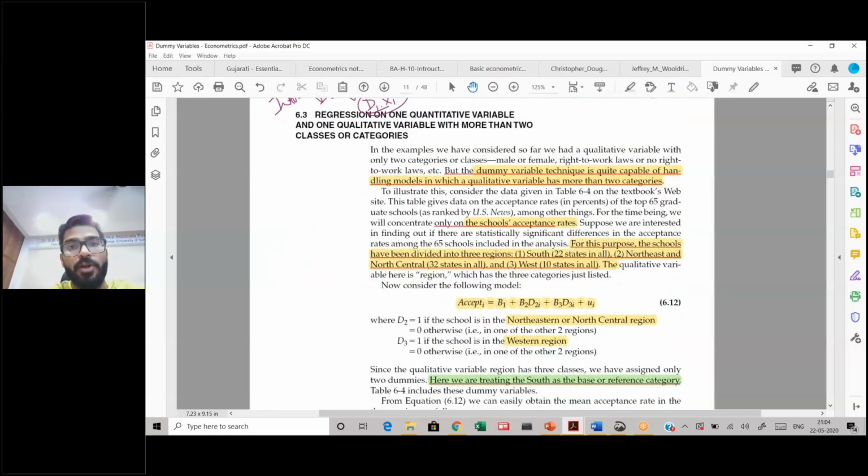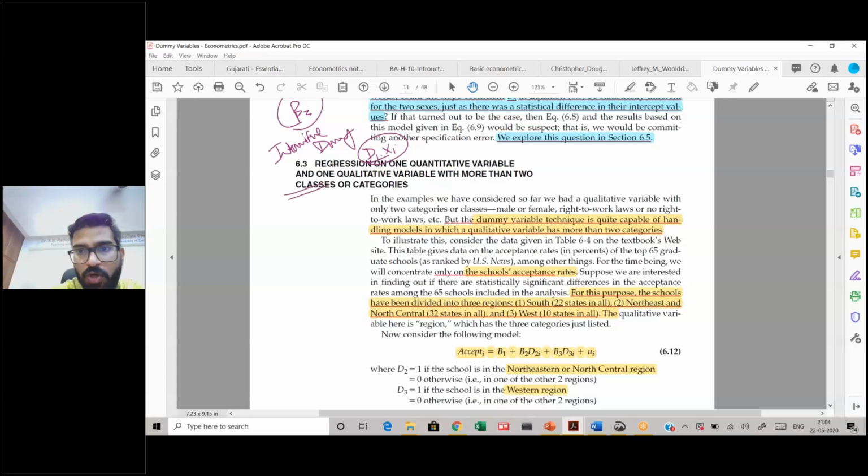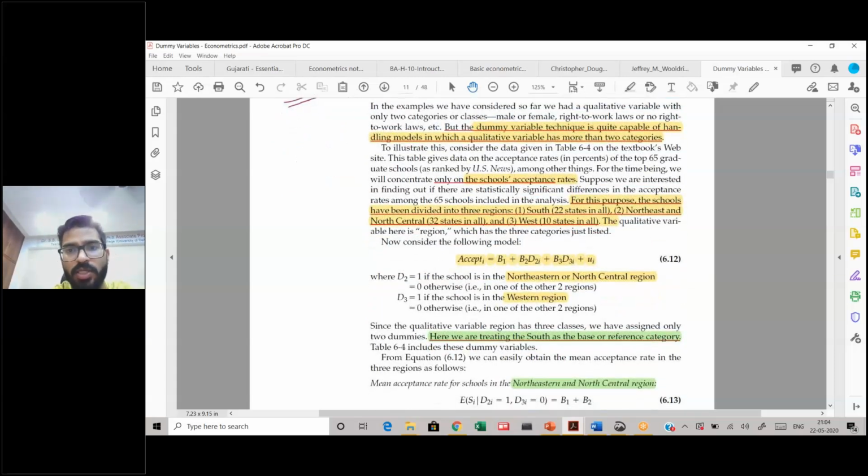Now, regression based on one quantitative variable and one qualitative variable. So what we have done here is, as I told you, this is not in your course, but still I wanted to cover this, to consider regressions in which a particular Di can take many values. So a Di taking 4 values can take north, east, west, or south. So that is the case that I'm going to cover here.